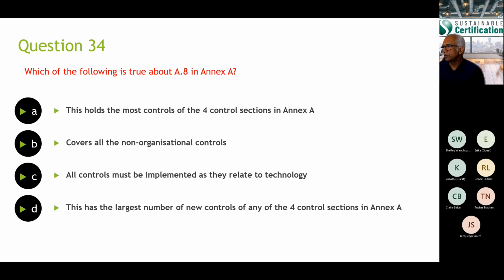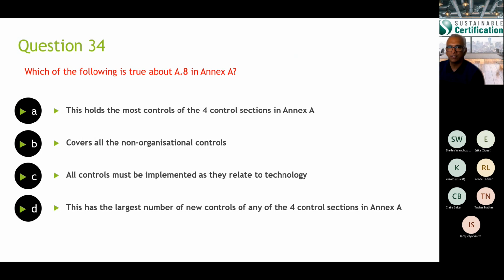Okay, A and B and D are almost common or the same. So which one do you think will be correct? C. To some extent, yes, because this is related to technological control, so it has to be implemented,